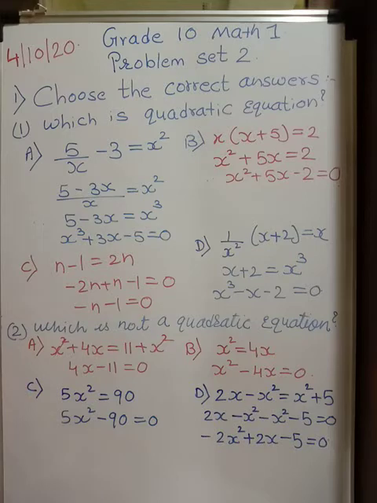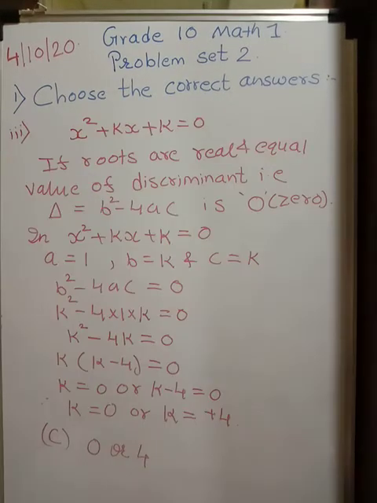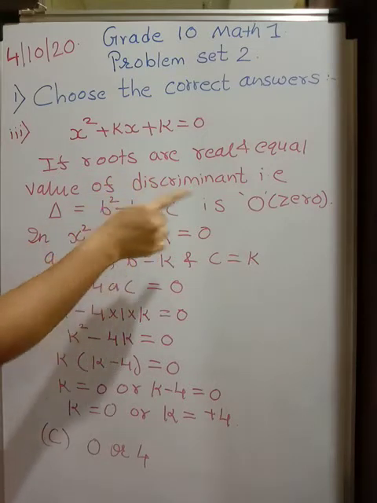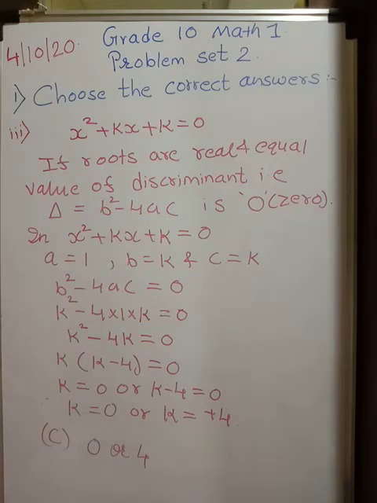Let's go for the third question now. The question is roots of x square plus kx plus k is equal to 0 are real and equal. So find the value of k. See students, if the roots are real and equal, then delta has to be 0. That is the condition we have seen in nature of the roots. Delta, which is also called the discriminant, denoted by a triangle, is b square minus 4ac. If its value is 0, then roots are sure, real and equal.